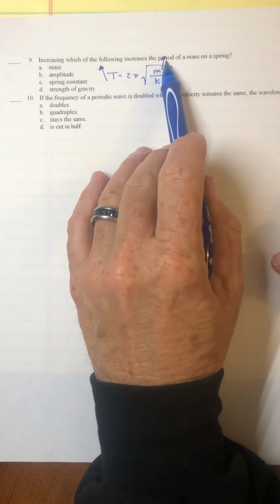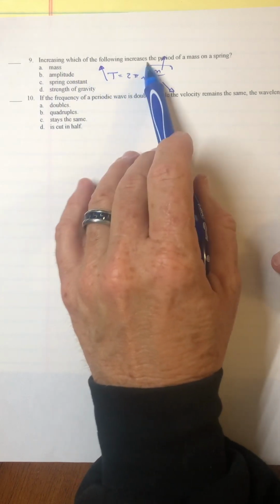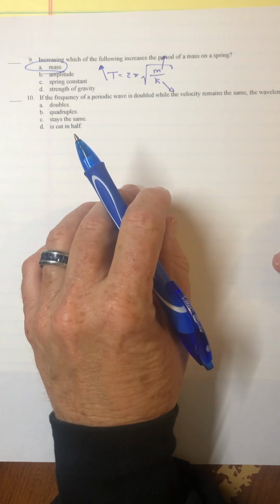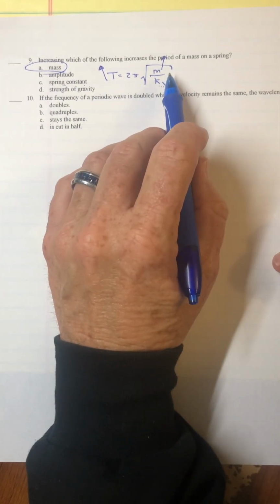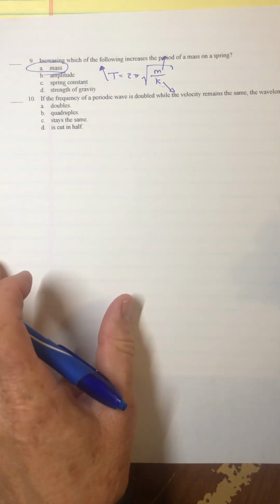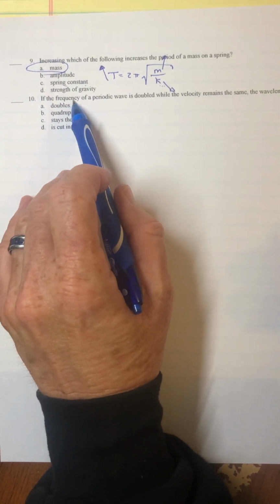But it says the period increasing which of the following. And so I guess it would have to be the mass there. Increasing the spring constant would lower the period. If they had decrease, we could decrease the spring constant. Okay. All right, and then finally our last one here, and again on waves and oscillations, it says if the